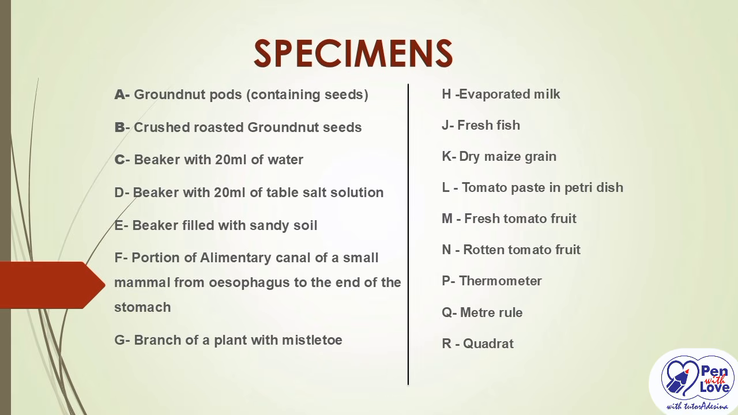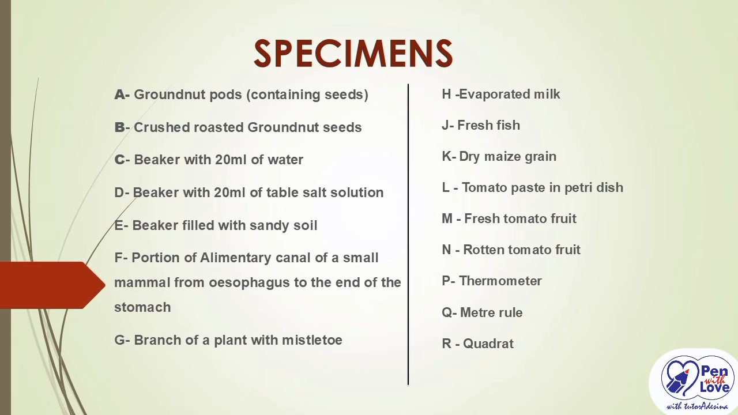specimen E beaker filled with sandy soil, specimen F portion of alimentary canal of a small mammal showing esophagus to the end of the stomach, specimen G branch of a plant with mistletoe, or let's say a plant with a parasite, specimen H evaporated milk, specimen J fresh fish, specimen K, mind you there's no specimen I, specimen K dry maize grain,